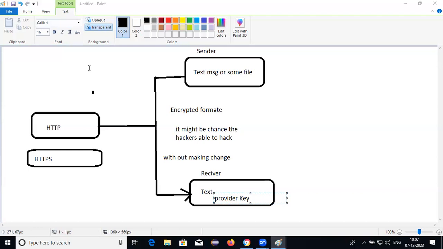If you want to send a file or text to any specific person through the HTTPS protocol,